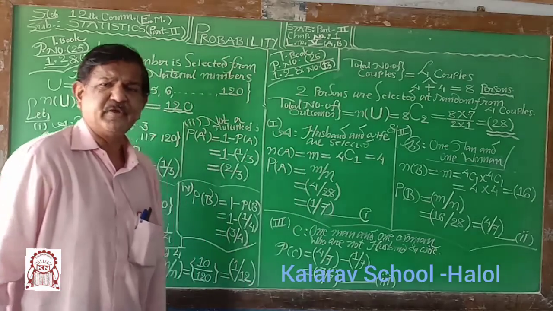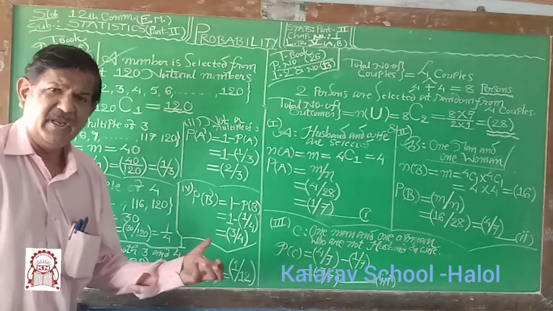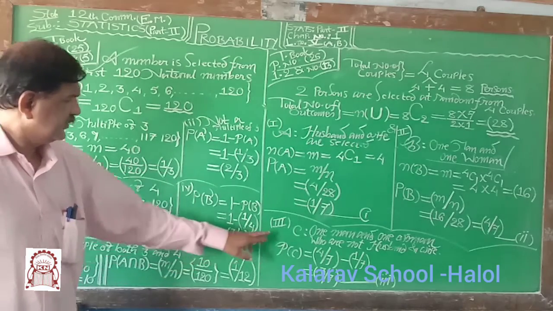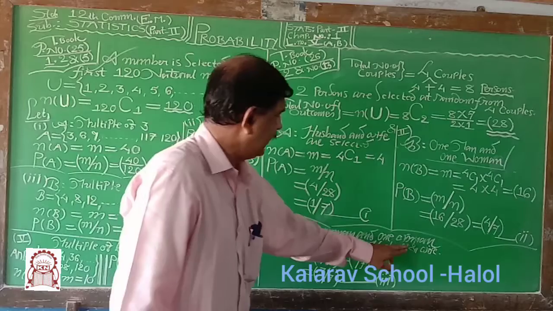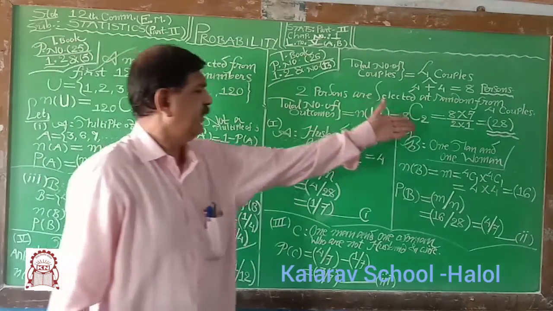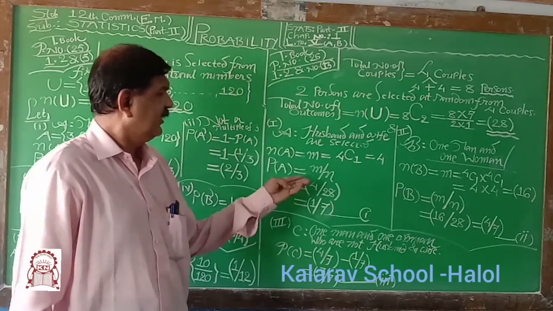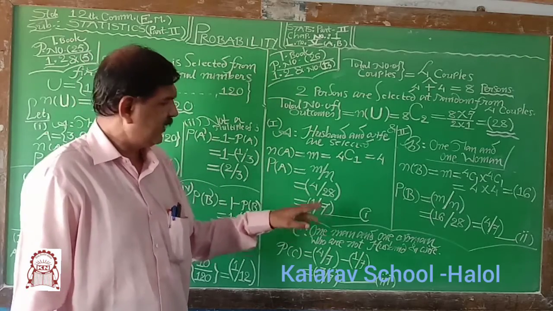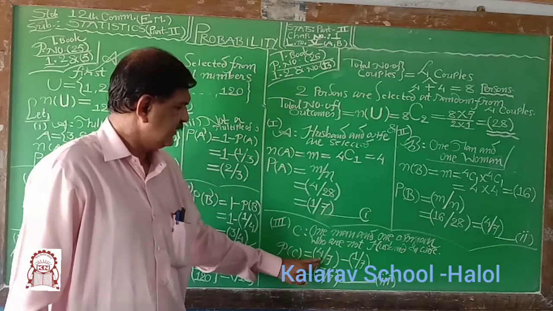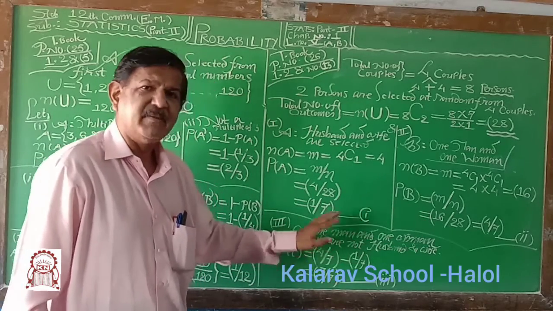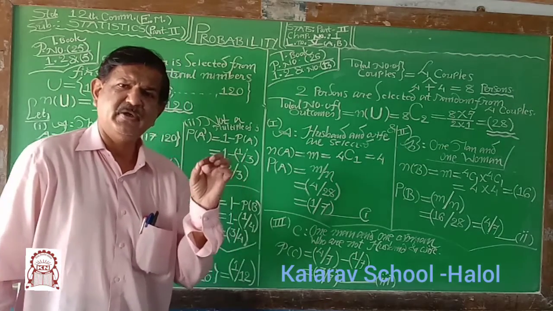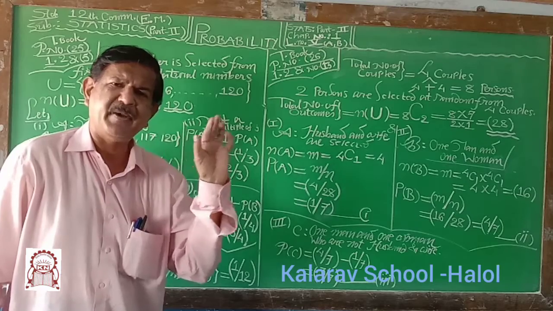And the last event for this example: a man and a woman are selected, but they are not husband and wife. 1 man and 1 woman are selected who are not husband and wife. Here 4 by 7 is the probability, but we do not require husband and wife. 1 by 7 means answer number 2 minus answer number 1 becomes answer number 3. What is required in the third event? Simply a subtraction of answer 1 from answer 2.